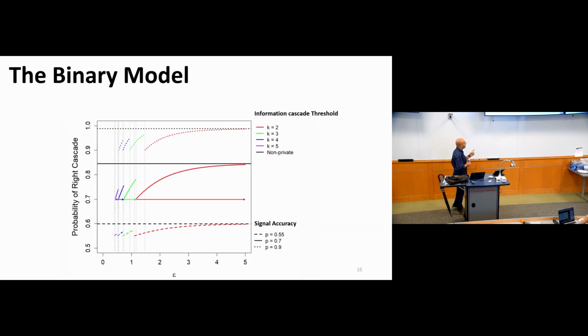So in all of these environments, you see there are these intervals over which the information cascade is fixed. So at the first interval, starting from high privacy budgets to a limiting value, you can think about that like the left side of an interval. The information cascade threshold is equal to 2. So your information cascade threshold has not really increased by imposing those high privacy budgets. So at that point, the probability of correct cascade is just going to go down as you decrease the privacy budget, because there's no benefit of reducing the stickiness of information traps in